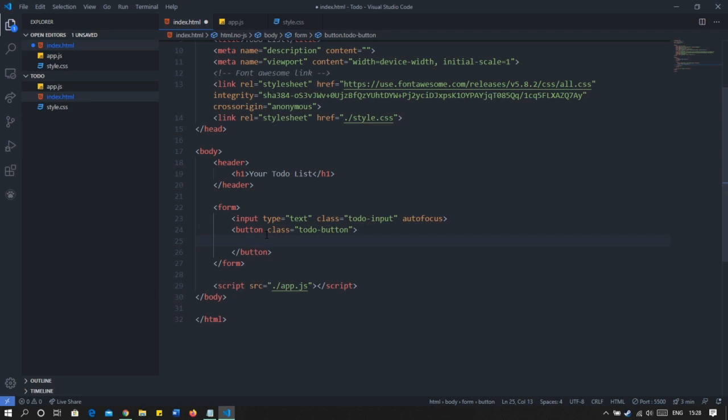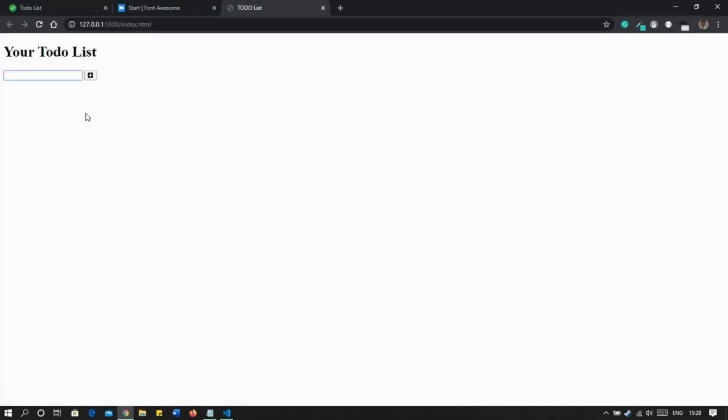Next, how do we use icons? To use an icon, we use a tag called i, and we will add a class of fas fa-plus-square, because we need an add button, so plus and a square format, right? Let's see what we got. Yeah, so we have this little tiny plus button.